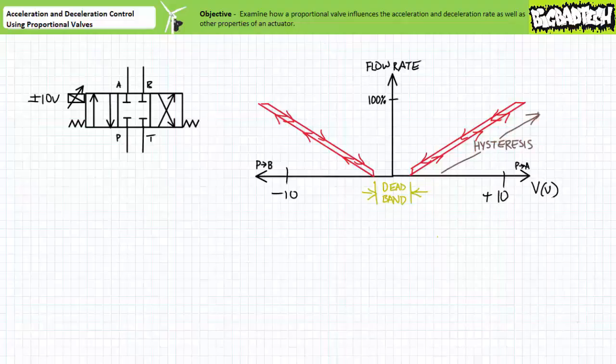Hysteresis, in contrast, is a spool's tendency to displace differing amounts when applied voltage is increasing in magnitude than when applied voltage is decreasing in magnitude. The use of internally generated feedback from a spool position transducer, like a linear variable differential transformer, LVDT, minimizes observed hysteresis. The LVDT, an internal closed-loop control of spool position, may or may not be explicitly illustrated in the schematic